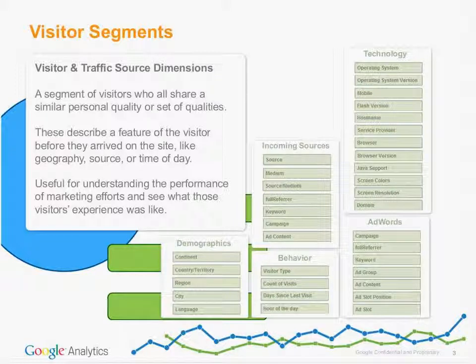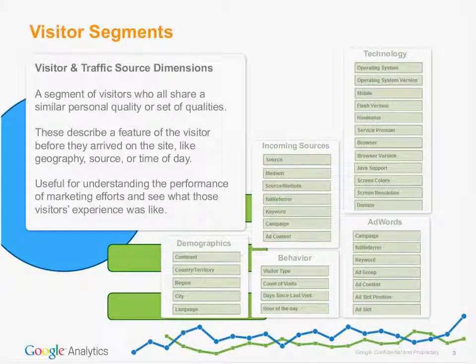arrive on your site. So examples of visitor qualities that you can investigate are what region or country or city they're from, what language their browser is set to, what source sent them to your website, whether or not they've been there before, if this is their first time, and what hour of the day they arrived. Again, these are qualities before they arrive or as they arrive on your site, before they've actually started their site